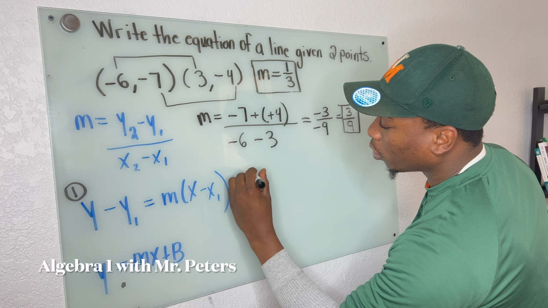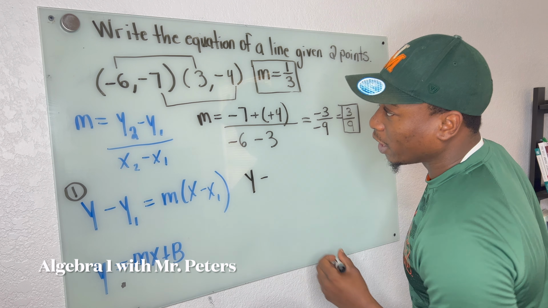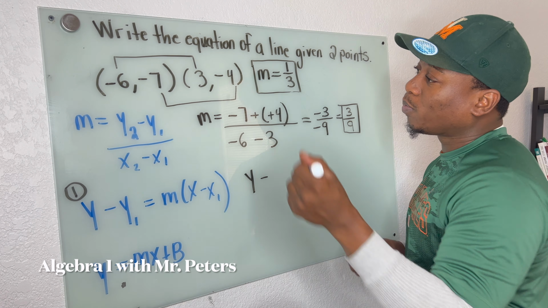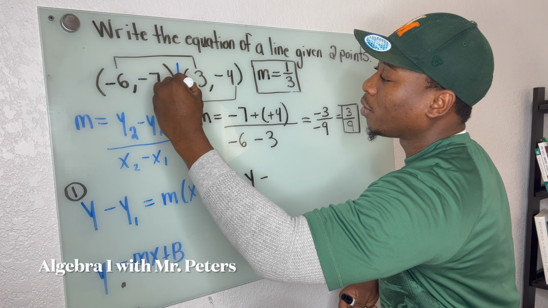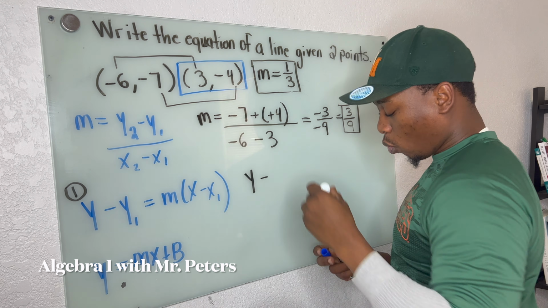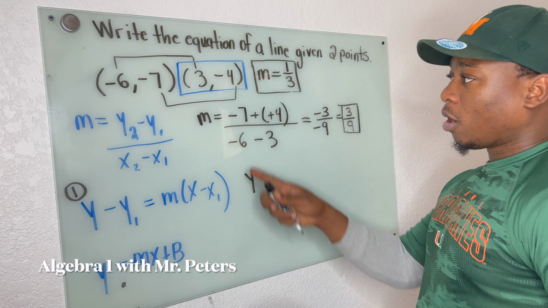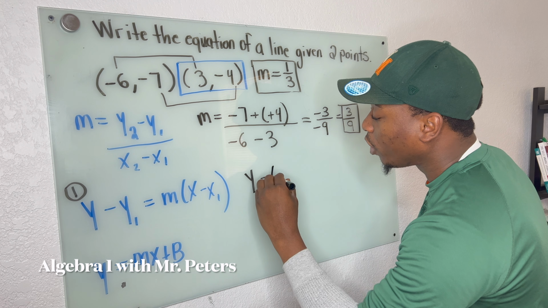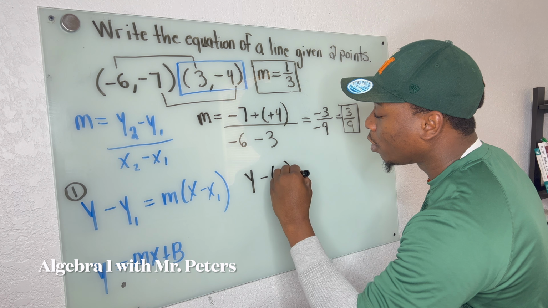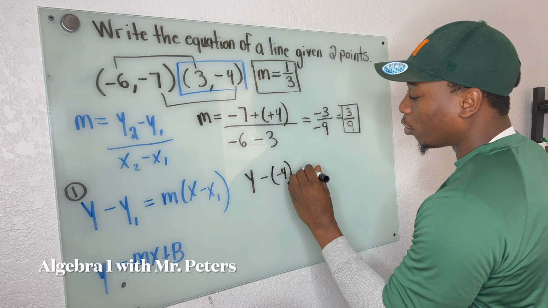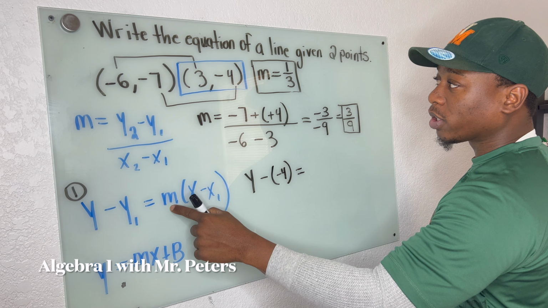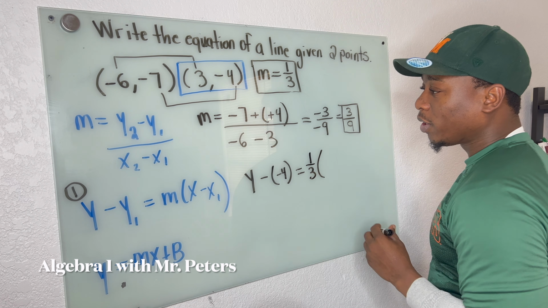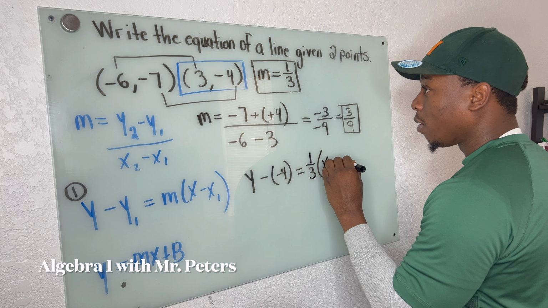So now we have this equation y minus, and understand that y1, right? Let's circle this. Let's put this in blue so this sticks out. When we look at our y is negative, so please make sure you guys include that when you are plugging in. So y minus -4 is equal to our slope, 1 over 3, and then in parentheses, we have x